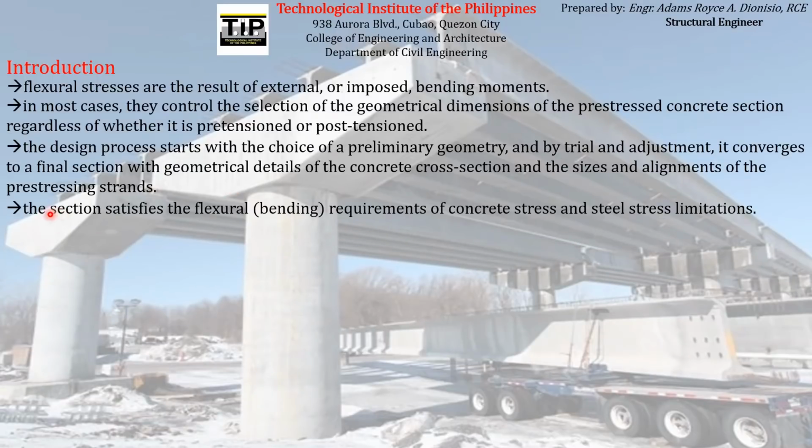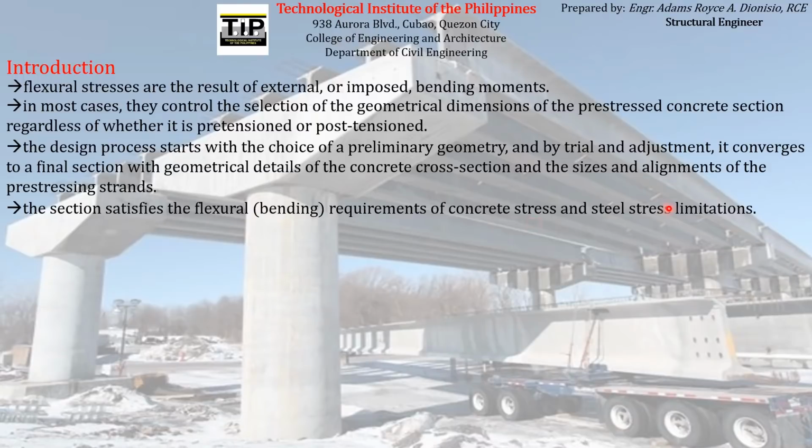And then the section satisfies the flexural or bending requirements of the concrete stress and steel stress limitations. That's just like what I have said a while ago. So again, starting from that preliminary section that will undergo a trial and adjustment until it converges to a final section with geometrical details that must satisfy the flexural or bending requirements of the concrete stress as well as the